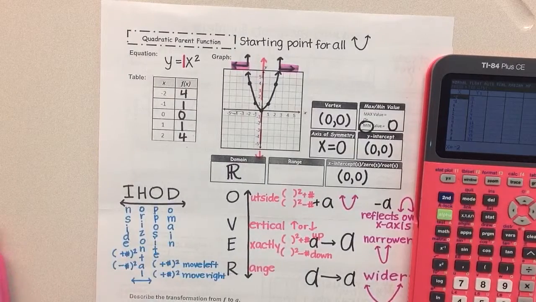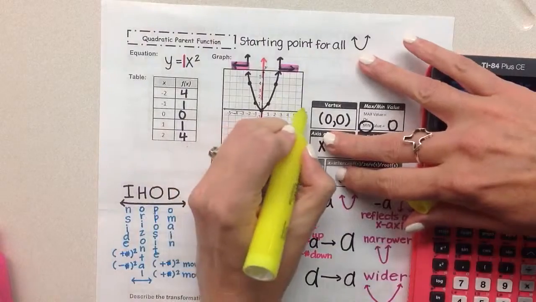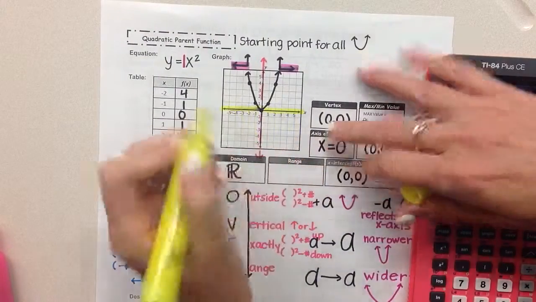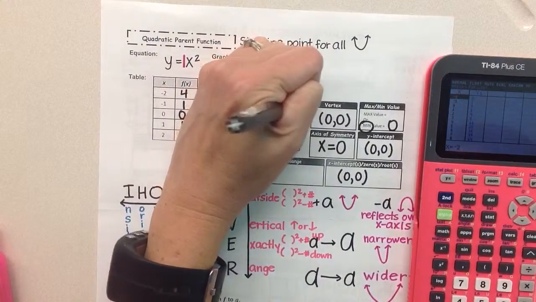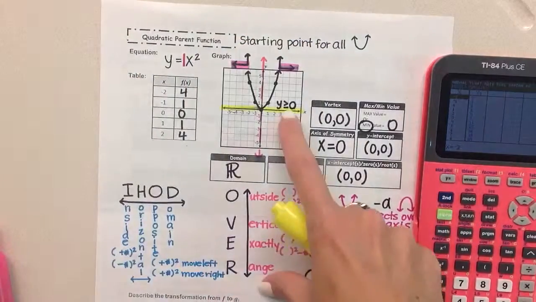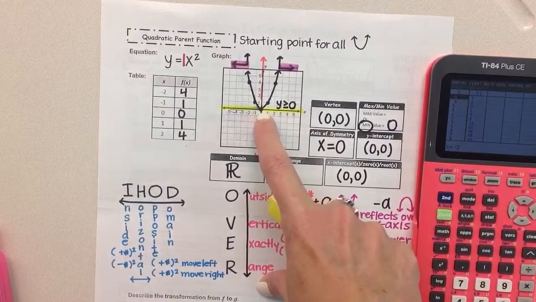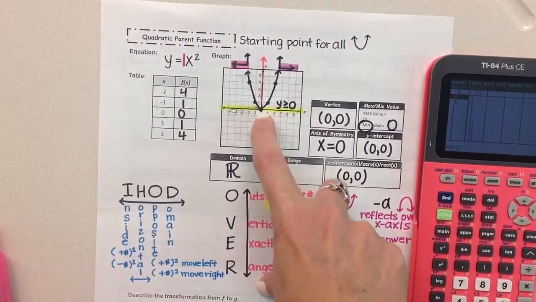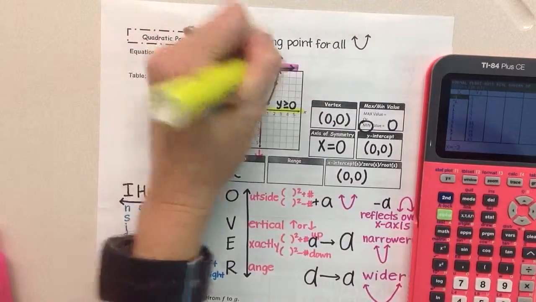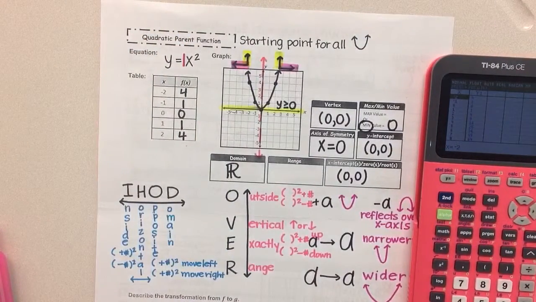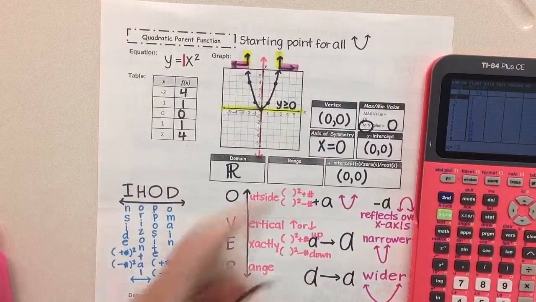And now we're going to look at the range. We want to look at how low it goes, and so I can draw a boundary at the x-axis because it goes as low as 0, so I'm going to write y is greater than or equal to 0, and I have to include a bar because it does touch, it has a solid point, a solid line at the boundary line. And then if I ask myself how far up it goes, notice it has arrows. It never stops going up, therefore I can't draw boundaries. So my range is